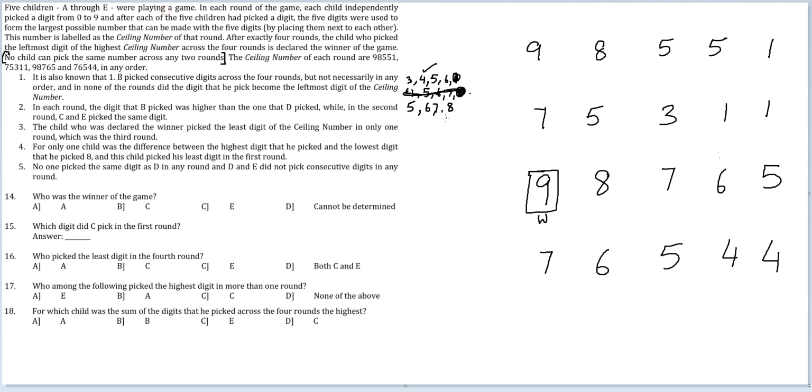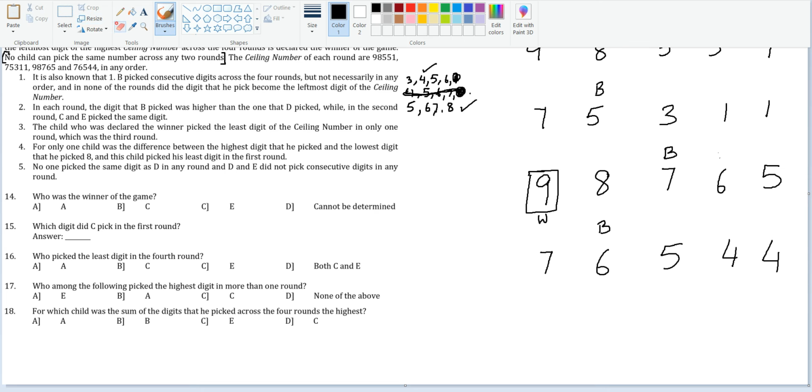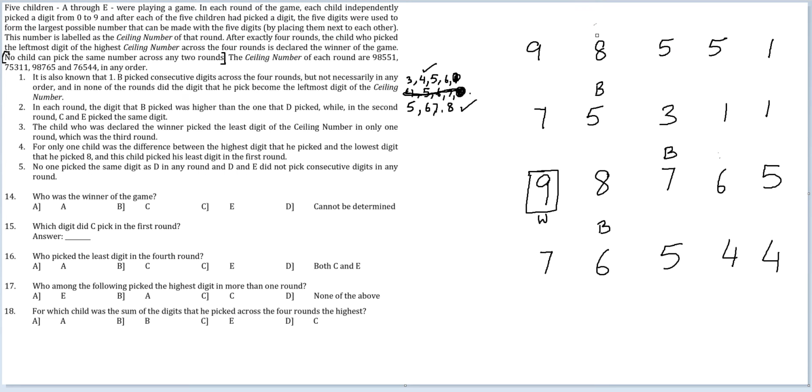Then let's look at 5, 6, 7, 8. If we needed 5, 6, 7, 8, so 7 can only be possible here. If 7 is only possible here, now 6 would only be possible here. 8 would only be possible here. Therefore, 5 would only be possible here. So this case is also possible. Fine. Let us keep both these cases alive for the time being.